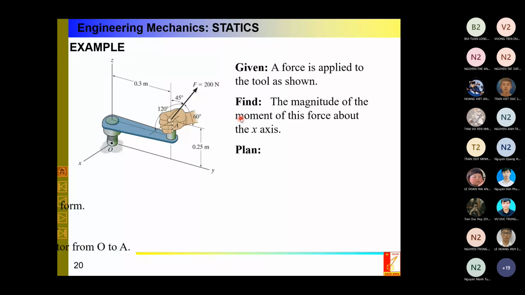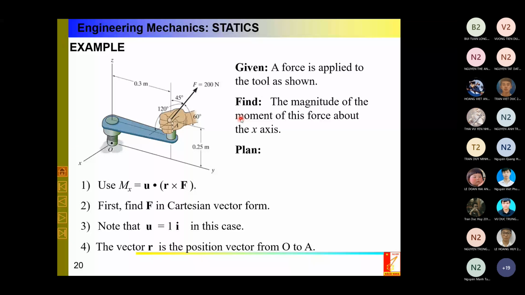So, plan. Okay, strategy. Because I want to calculate the magnitude, I use a triple product. So it means that I should find F and the unit vector also in the